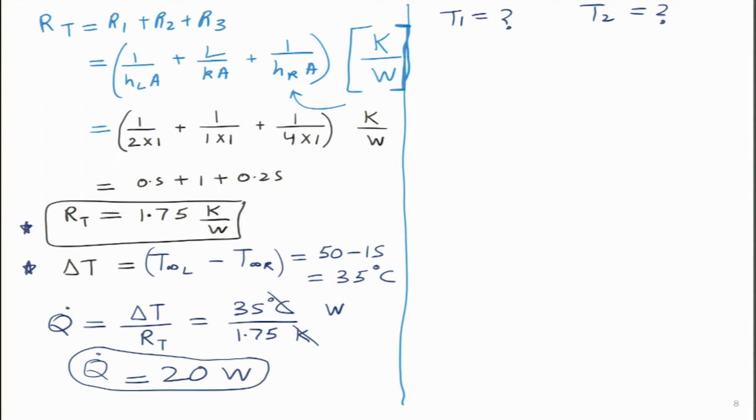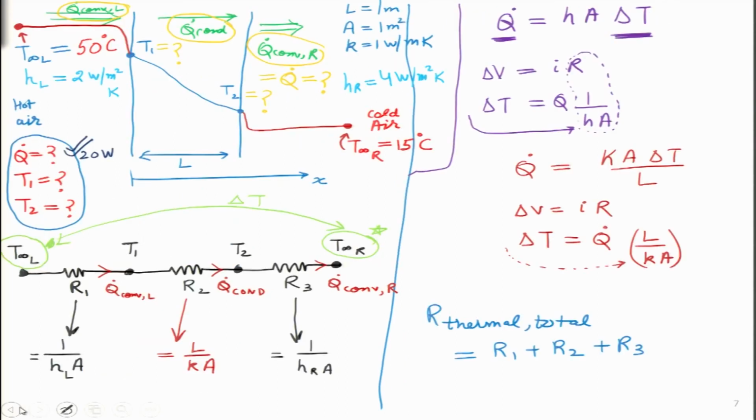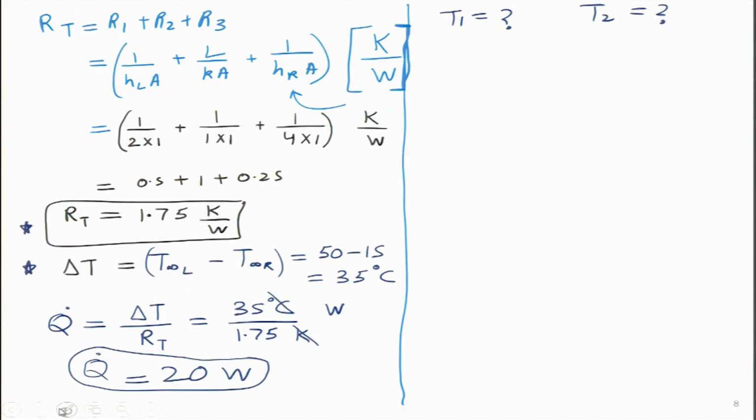So, for calculating the value of T1, if I go back, sorry, I have to go back a little over here, but I think it is understandable. So, this difference I can take over here and try and use this temperature difference T infinity L minus T1. So, I go to the new slide and I write over here T infinity L minus T1 divided by the resistance R1, and this will be equal to Q dot. So, voltage difference divided by resistance gives me current.